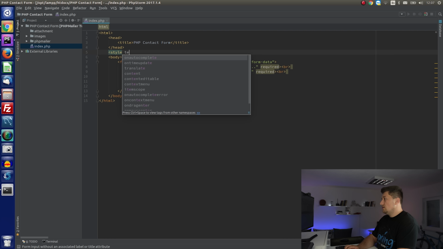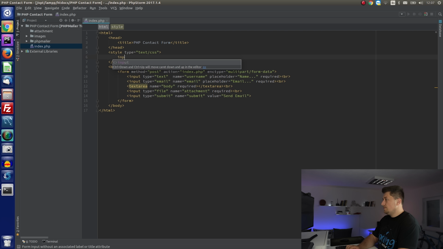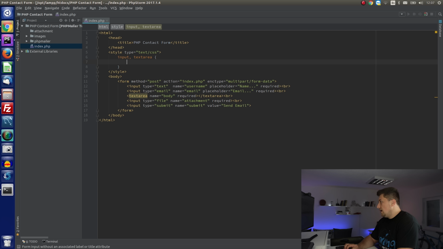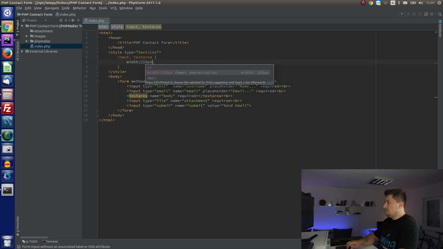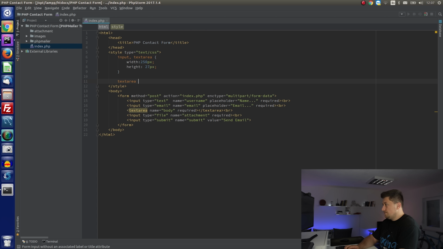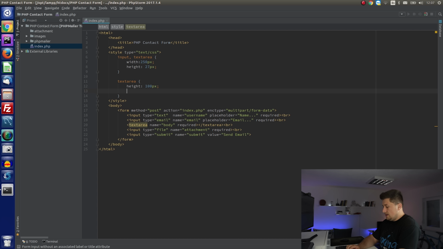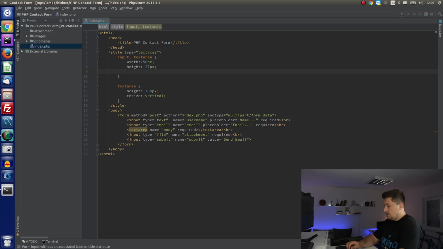So I will say style, type text CSS, and for the input and text area, I will say width will be 250 pixels, height let's say 27 pixels, and then for the text area I can say height will be 100 and resize let's say only vertical, and let's say here I will say margin bottom, I will set it to the 10 pixels, and also